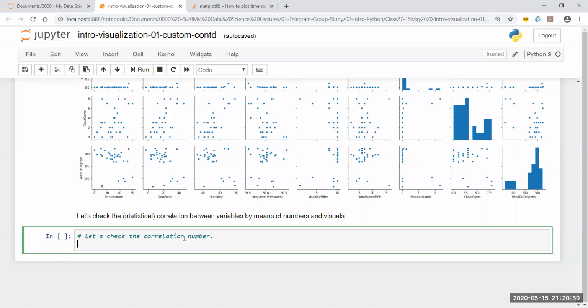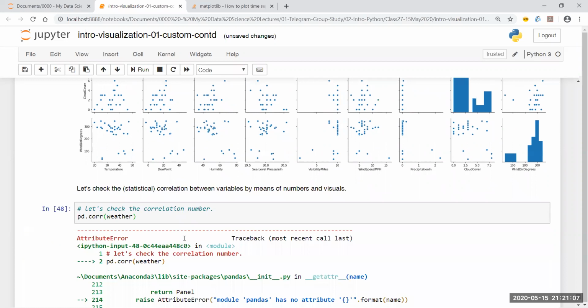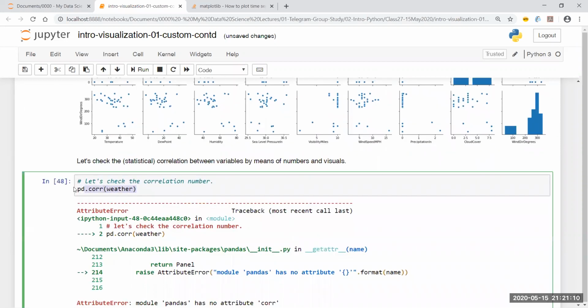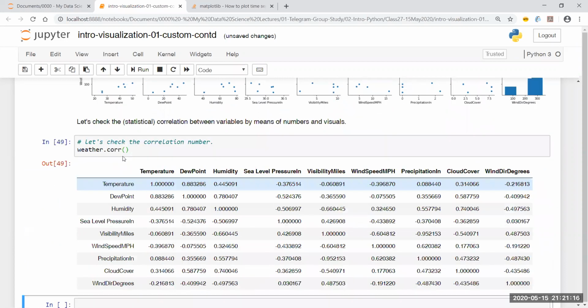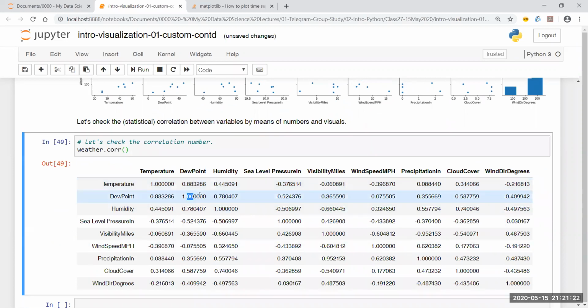Why don't we compare x and y, where x has a different scale and y has a different scale, in which case I can simply do a pd.corr and put the data frame like this and say corr. This corr function is going to give me a table of all the correlations. Here, if you see, the diagonal elements are always 1. Why is it 1? Dew point is always 100% correlated with dew point. Increase in dew point is going to increase dew point, decrease in dew point is going to decrease dew point. We already know that. But what about the rest of the numbers? The range of the rest of the numbers falls between -1 to +1. This is the range in which correlation can fall.